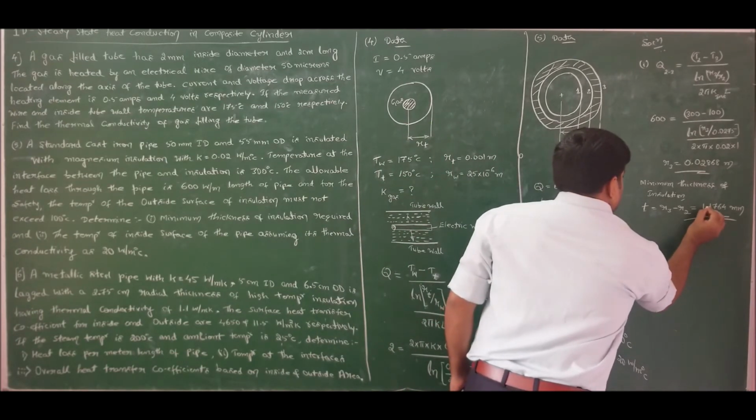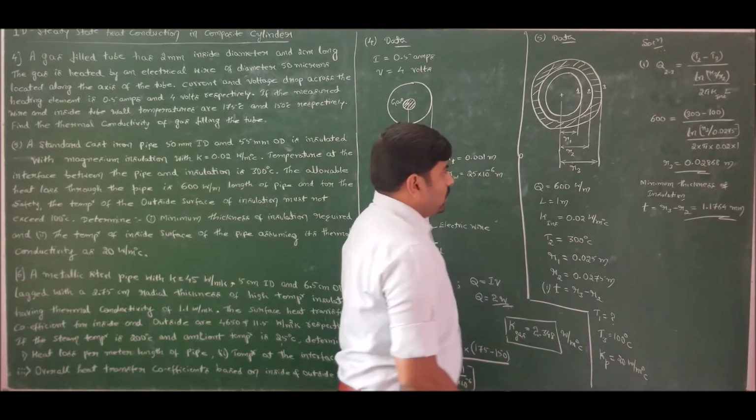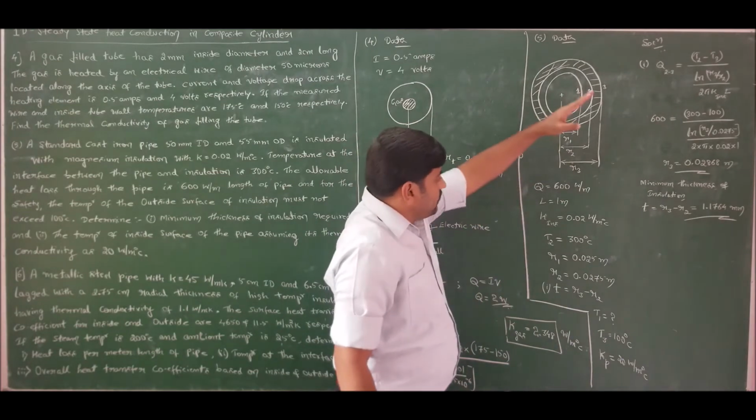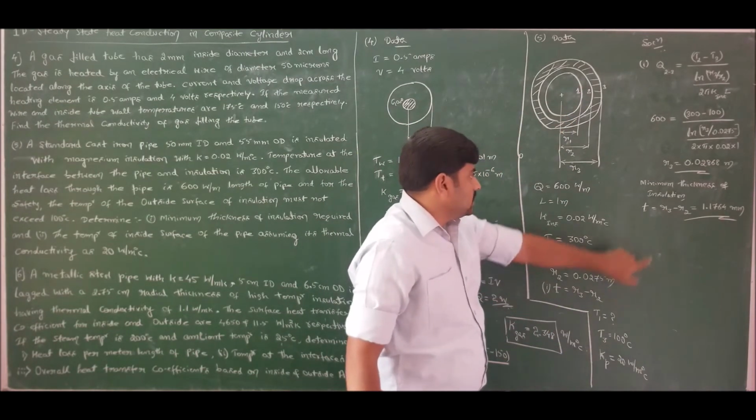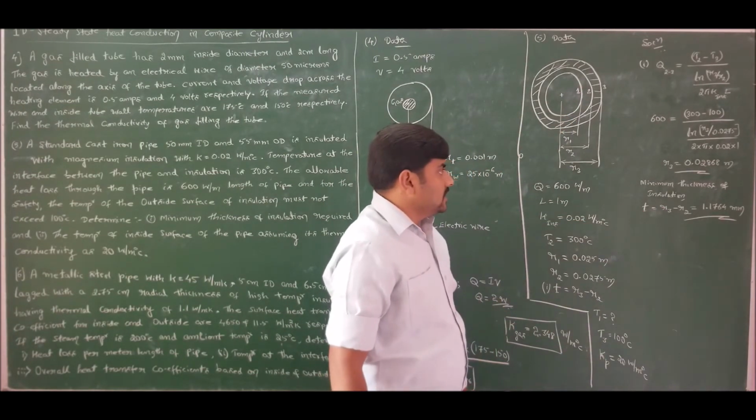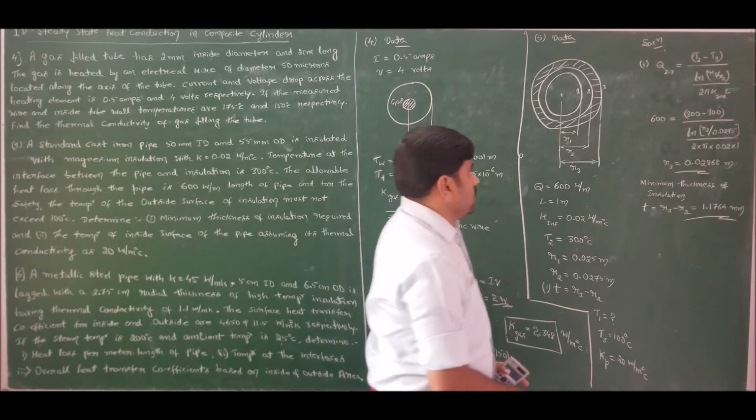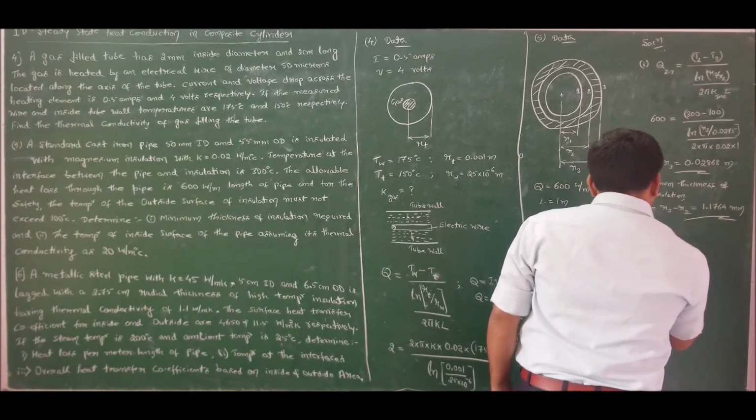So the minimum thickness of insulation required to maintain the outer surface of insulation at 100 degrees Celsius is 1.176 millimeters. Next, moving to the second one, to find T1,